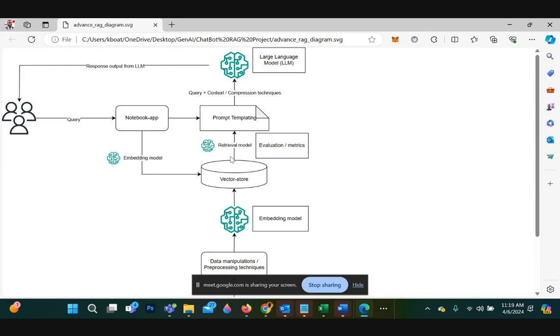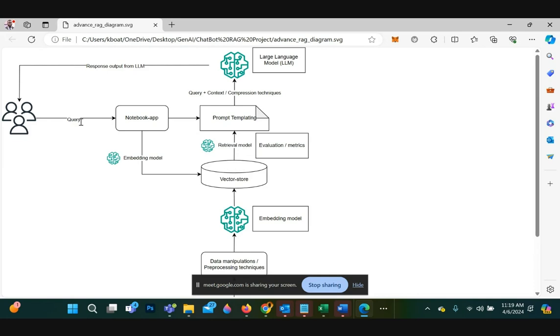So there are tools like TruLens that can tell you that based on the 500 rows that came out, let's say 10 of those rows, for example, are closely relevant to your query.